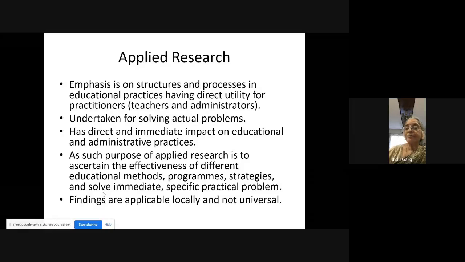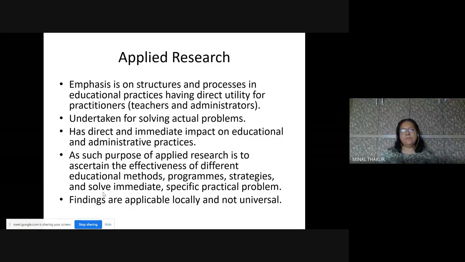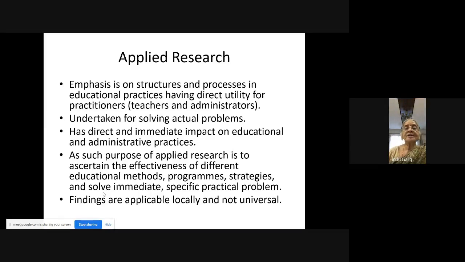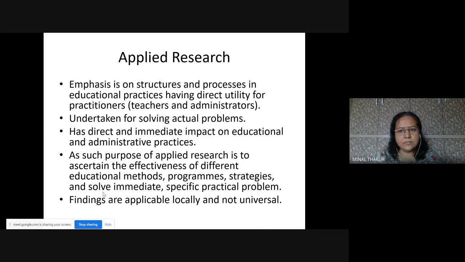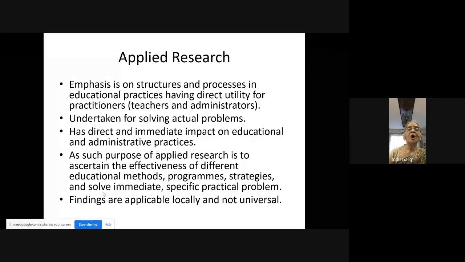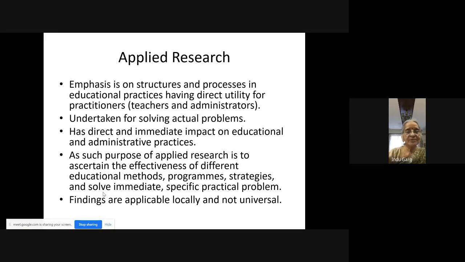So now we come to applied. Okay. Now what is applied knowledge? You have found the structure of the virus. But now what do you do with that structure? Once you gain this knowledge, then you might want to find out how it will act in the human body. Okay, so that is one example.